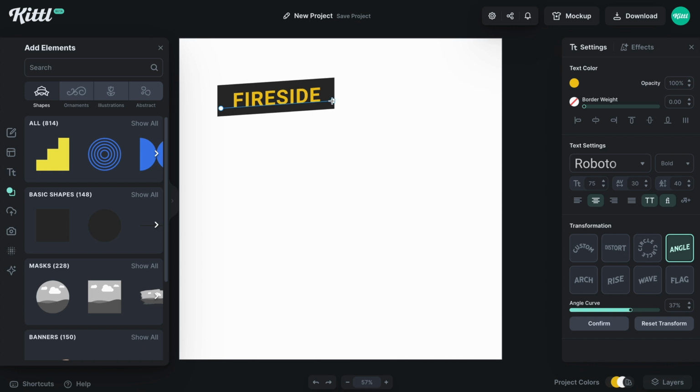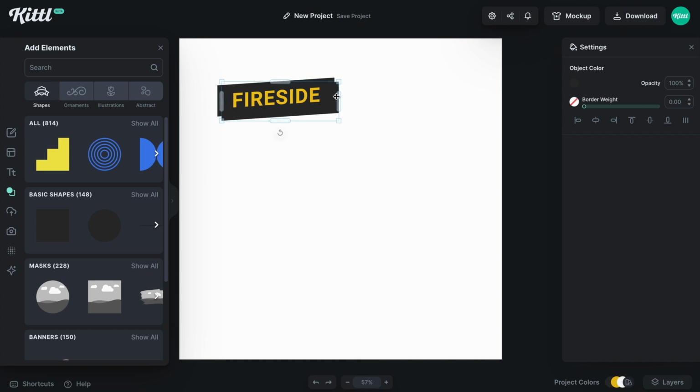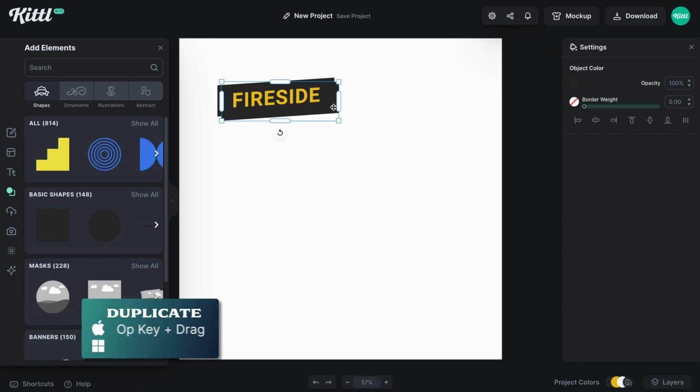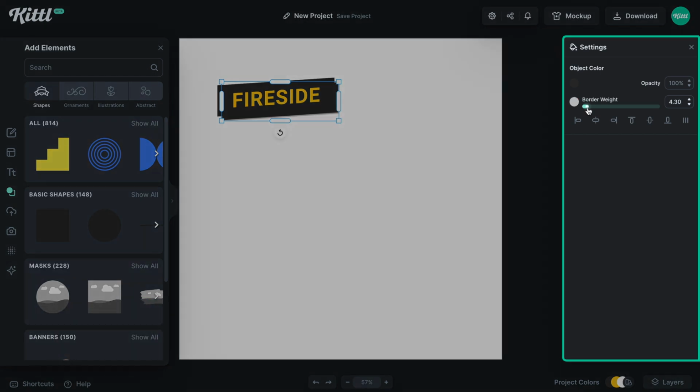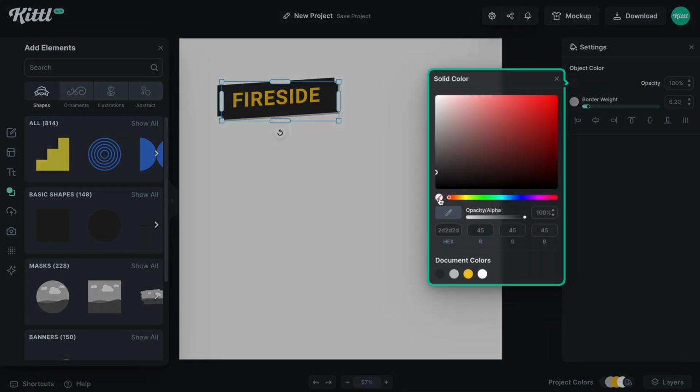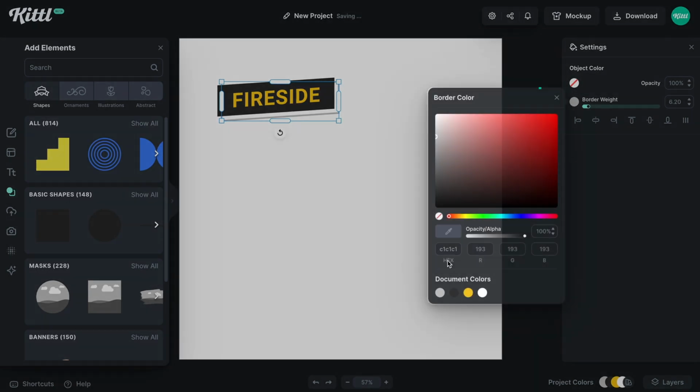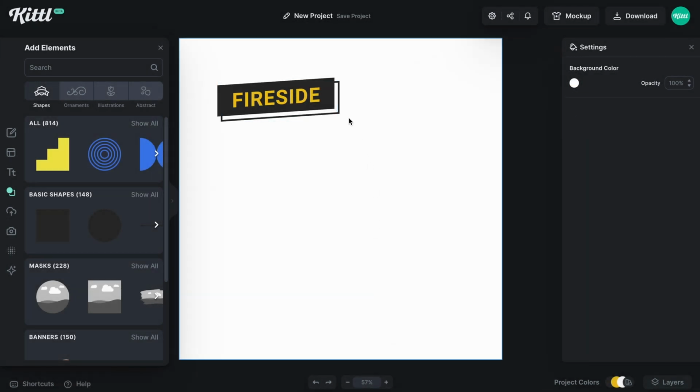And I've seen this kind of trend happening lately, but what I'm going to do is take it a step further. I'm going to duplicate this box, right click, send it to the back, and I'm going to add a little bit of outline, take off the fill here, and make the outline the same color so that I give it a kind of fake looking shadow effect here. So now it looks like I've got this kind of semi 2D, 3D shadow going on here,